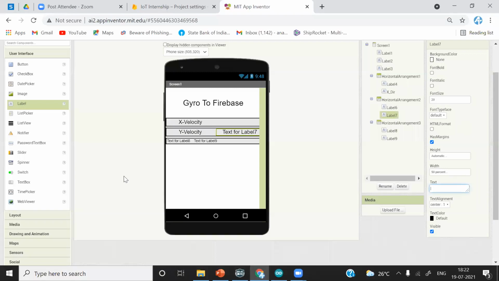Make it empty. Again, the same for this: font size 20, text alignment center. Give them as Z direction velocity. And after that, make the width 50%.